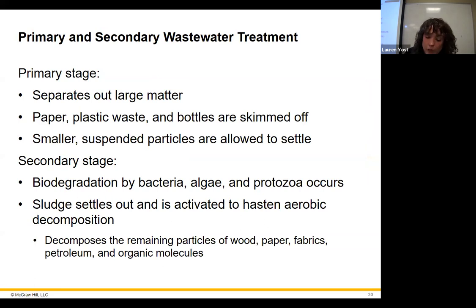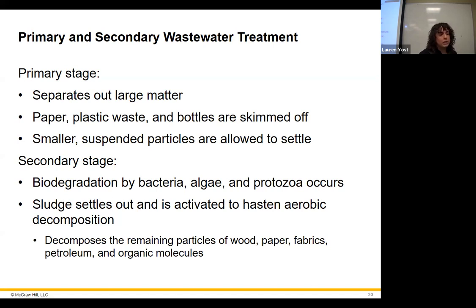I don't know if you know this, but always, since you've been alive, they've been taking your poop water and cleaning it and putting it back into the environment. This is not news. It's not anything special or crazy or disgusting. It's neat. There's all sorts of steps involved in this to make it safe to put back into the environment. And yes, they test it before they send it out.